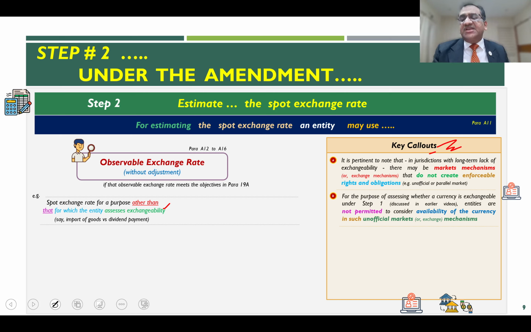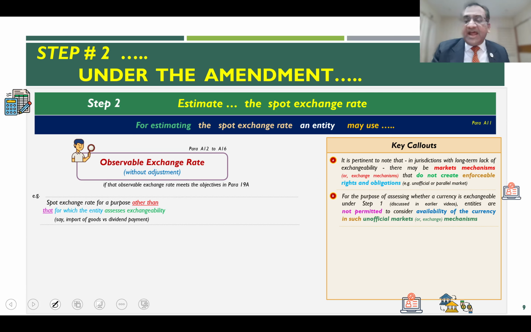In a jurisdiction with long-term lack of exchangeability, there may be market mechanisms which do not create enforceable rights and obligations. I already explained this in the previous videos also. So you have a parallel market or a black market, an unofficial market, which is there. So when you have long-term lack of exchangeability, there does exist a parallel market, and for the purpose of assessing this spot exchange rate,